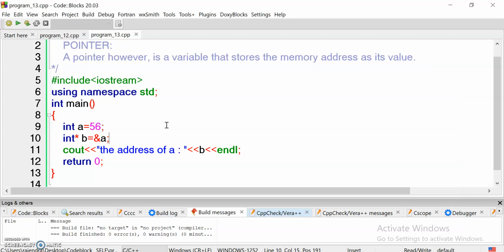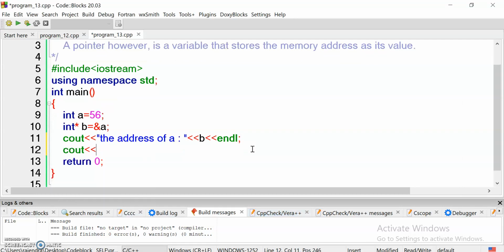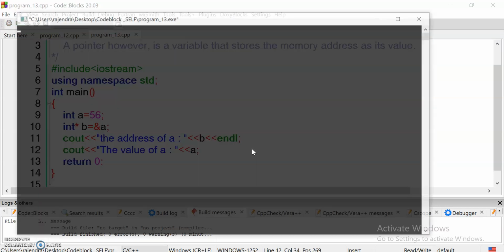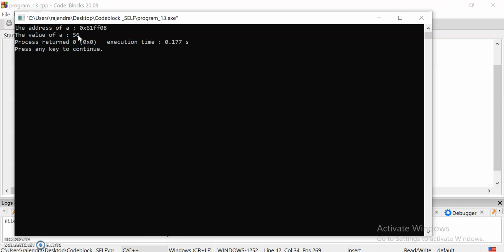Okay, so if I want to print the value of a, I just simply print a. See, the value of a is 56 and the address of a is this.